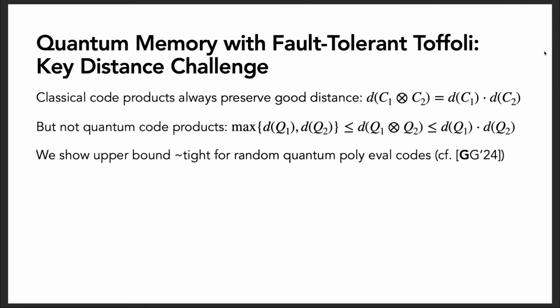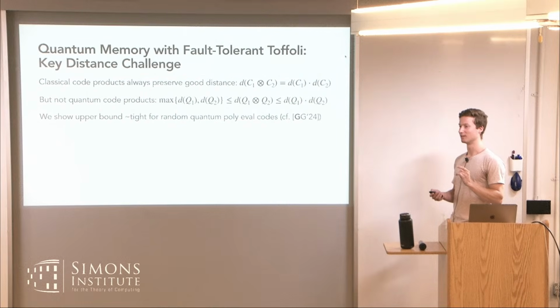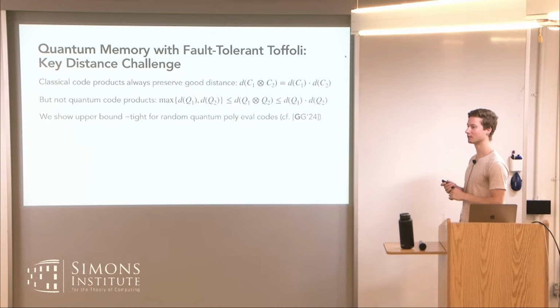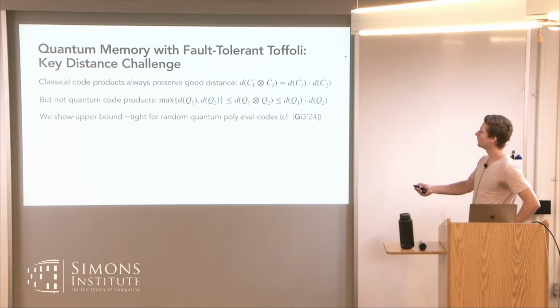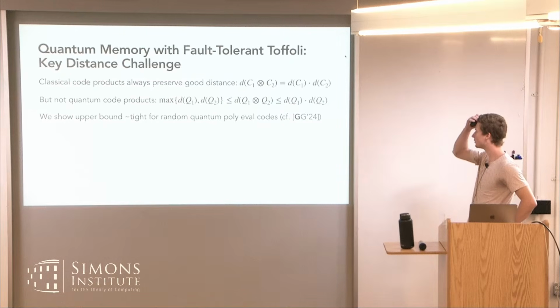And actually, everything I'm saying applies both to these tensor products of chain complexes, or hypergraph homological products, and also to the subsystem products. So basically, any reasonable type of quantum code product that I've seen, any sort of homological type product, I think will have this property. Is this the first time that the product of subsystem codes was used? So it's been studied by a handful of papers before. This idea of fault-tolerant error correction, and the problem of trying to use products of algebraic codes with these subsystem products, was in a work from a year or two ago with Venkat. What we weren't able to do in this prior work